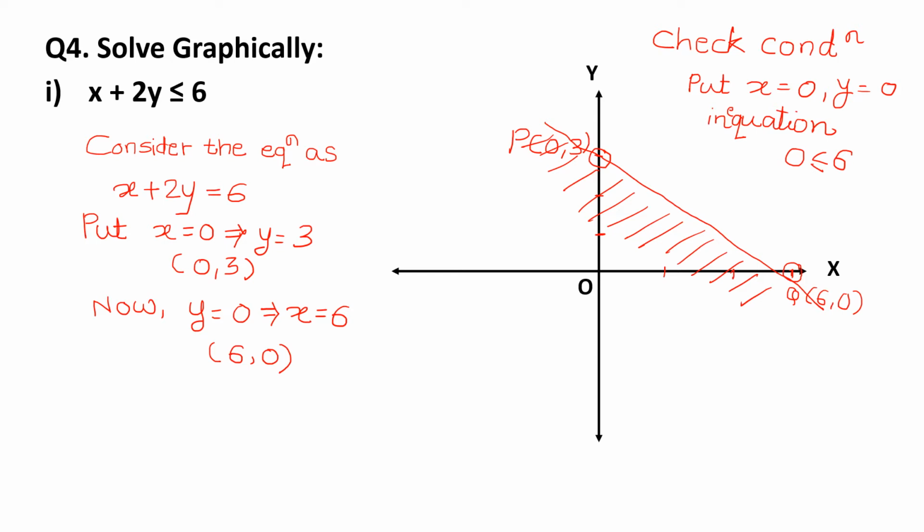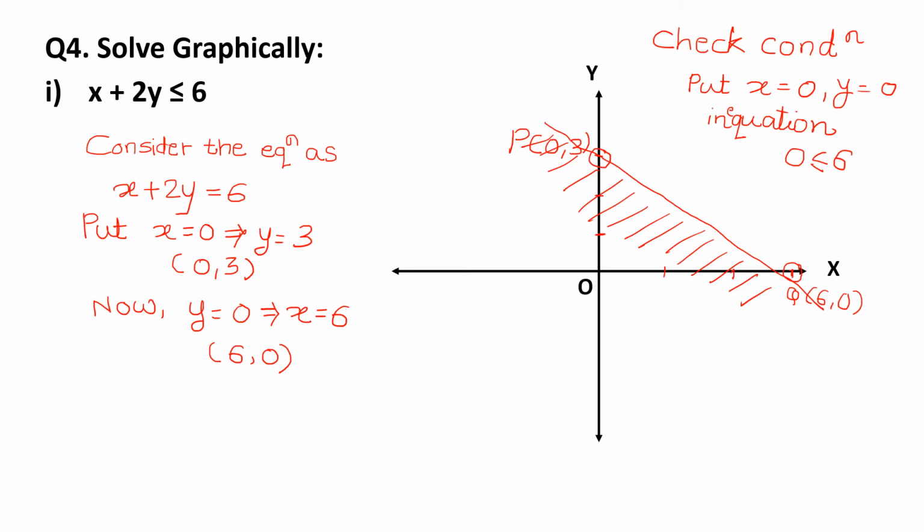In this equation of the line, I put x is equal to 0. When I put x is equal to 0, the value of y that I get is 3. So the first point on the line I got has coordinates (0, 3). Now put y is equal to 0. So if I put y is equal to 0, I get x is equal to 6. So the second coordinate that I got, Q, is (6, 0). Draw these two coordinates on the XOY plane. I get a line as shown in the diagram.